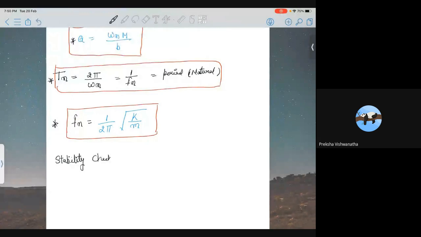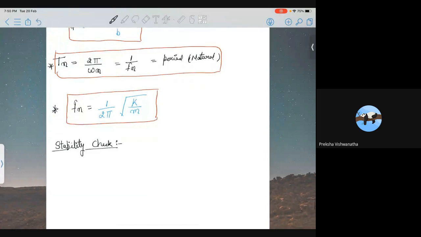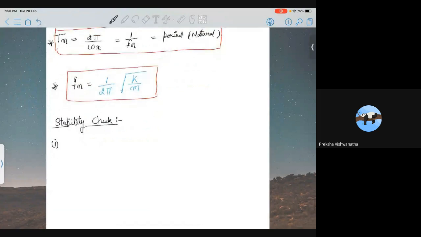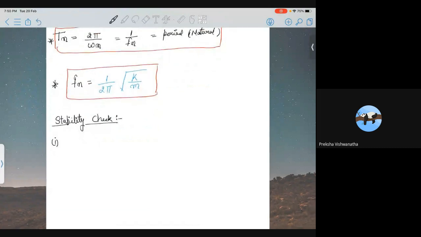Stability check. Okay. Usually we'll check the stability of any system with the zeta value. So suppose, first, a system can be of four types: